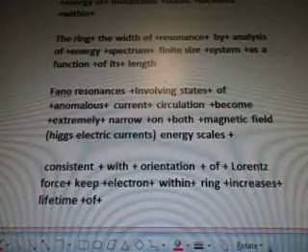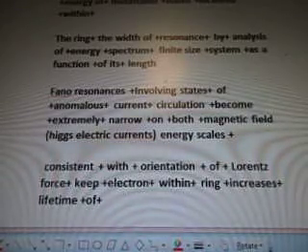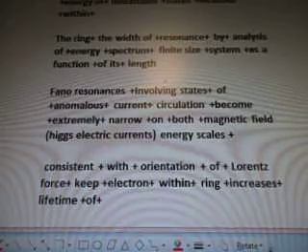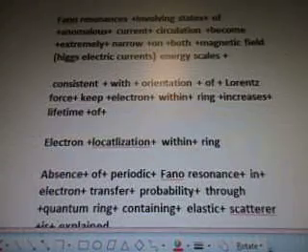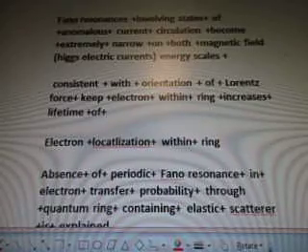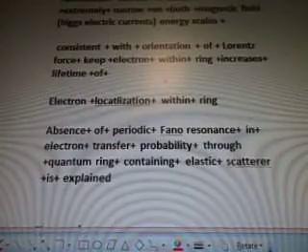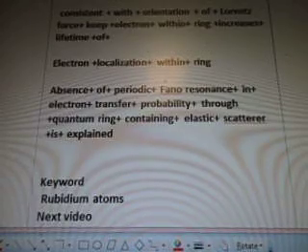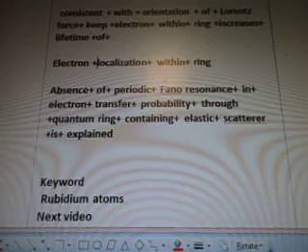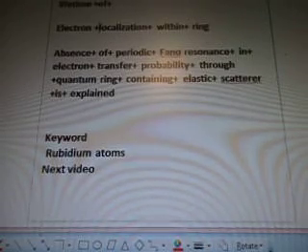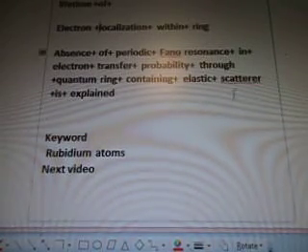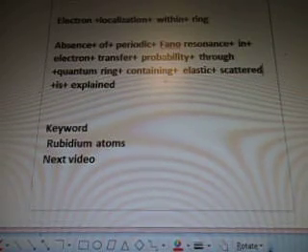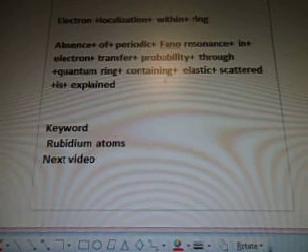Fano resonances plus involving states of anomalous current circulation become extremely narrow on both magnetic field, Higgs electric currents, energy scales. Consistent with orientation of Lorentz force, keep electron within ring increases lifetime of electron localization within the ring. Absence of a periodic Fano resonance in electron transfer probability through quantum ring containing elastic scatter is explained. The keyword rubidium atoms is going to be in the next video, and there's like tons of videos